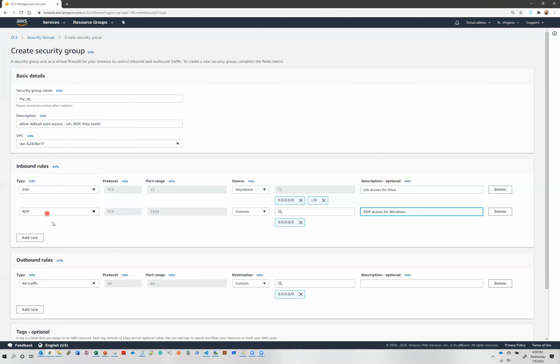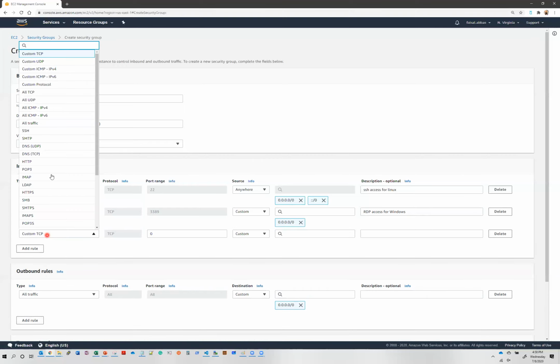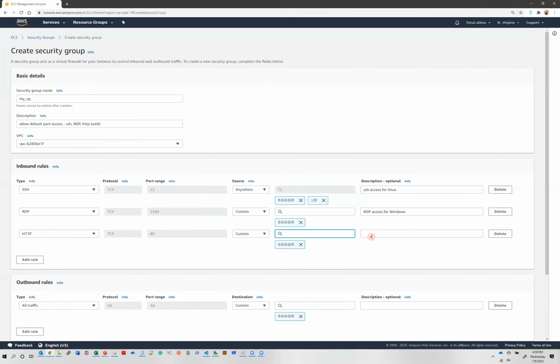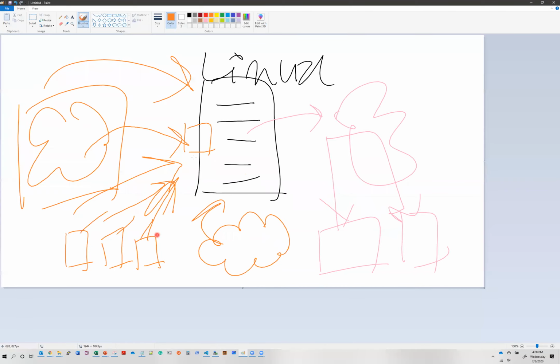Now two of these services are created. Two of the inbound holes are poked in. What is the third one? The third one, we are going for HTTP, which is the web. I'm going to click on add rule here, drop it down, and pick HTTP, which is port 80. Same thing, let's just pick 0.0.0.0/0, and it is for web server access. Okay. All right. So these are the inbound rules, only these three holes are open on my Linux machine